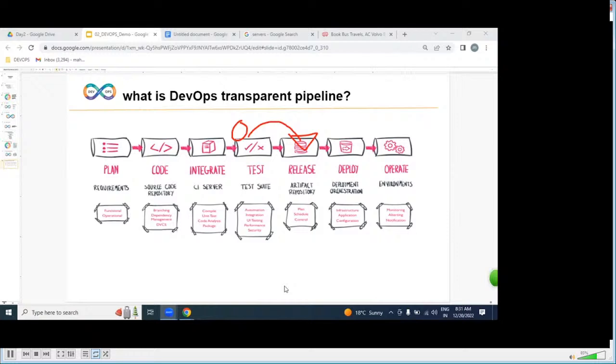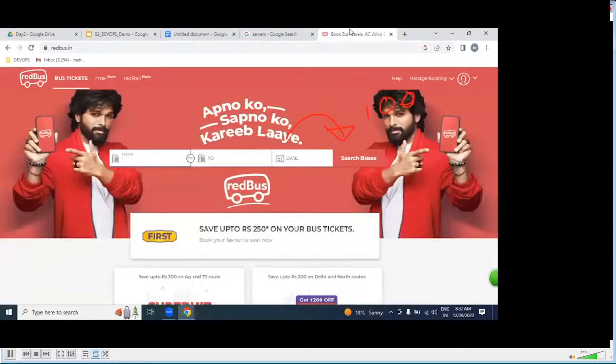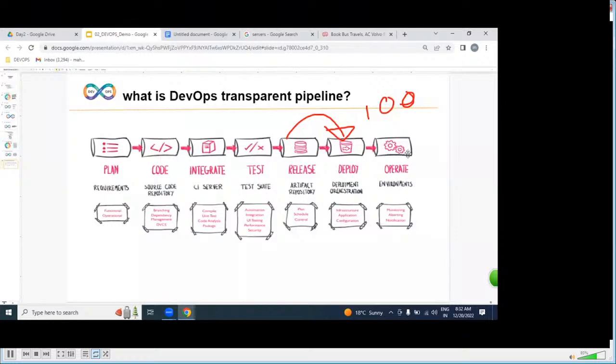From a particular maintenance window, monthly or weekly, we place it with the support of all our team members. We are going to place it on hundreds of servers. Once we place our application on hundreds of servers, we can access it on the internet as a website. Is our job finished up to here? No. Whether this application is working or not, we are going to monitor and maintain it.